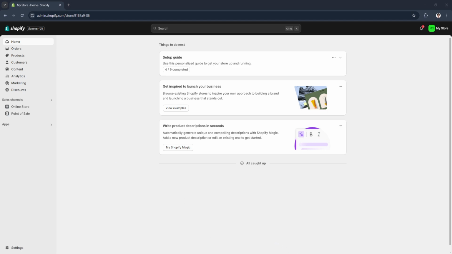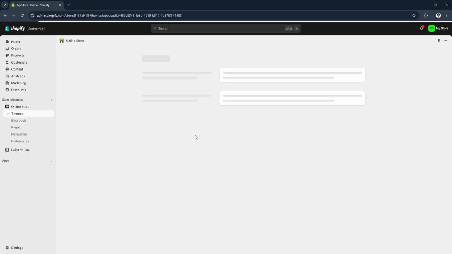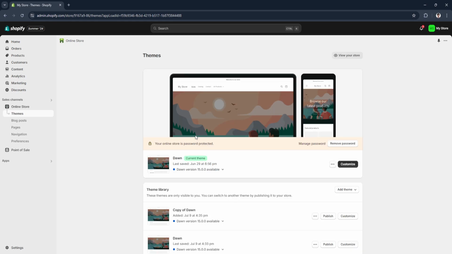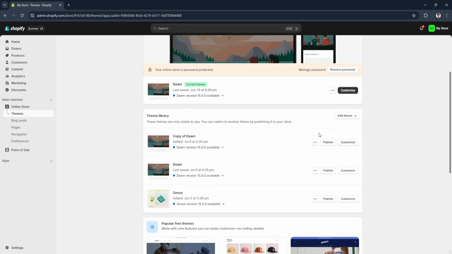So let's get started. The first thing you want to do is go to admin.shopify.com and log into your account. Now you want to go to Online Store right here on the left side. If you have made changes to your store and you want to restore it to the default version, what you can do is simply scroll down to your theme library